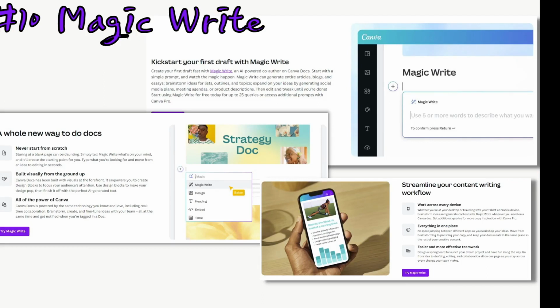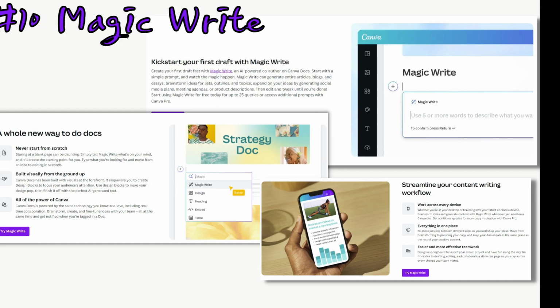So now you have Canva Docs, but let's take this a step further. And this is my number 10 new feature within Canva. And you have a great template now. You've got this Canva doc, you have your template out, but Canva has really taken this to the next level, and it's added the feature called Magic Write. So you might ask, so what is Magic Write? Well, Magic Write is an AI-powered copywriting assistant within Canva Docs itself.